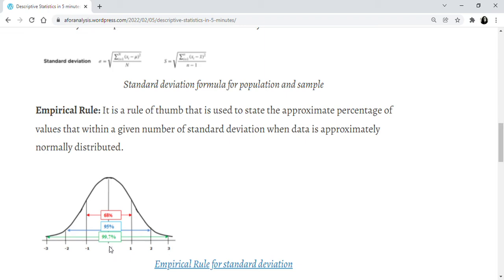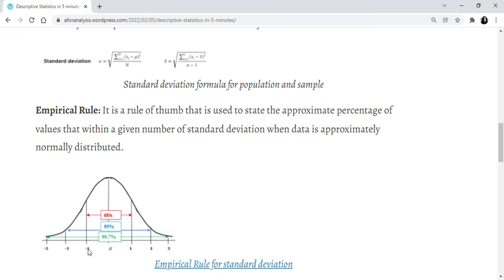So this is mu, this is 1 standard deviation, this is 2 standard deviation, this is 3 standard deviation, and so on. So what the empirical rule is telling us is, keeping mu, or the mean, in the center,